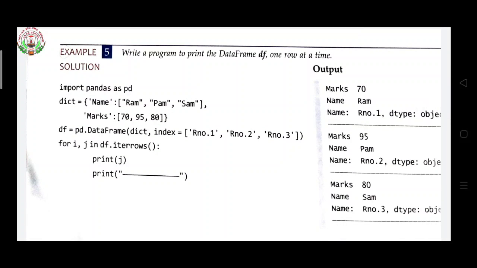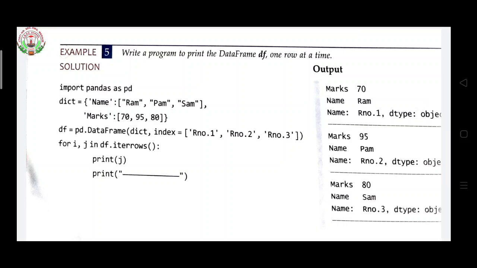Here we are again using a for loop, and here I am using the i and j variables. Now I am calling the j variable, print j, and next a print line. For the partition line, inside print, inside inverted commas, draw one line.